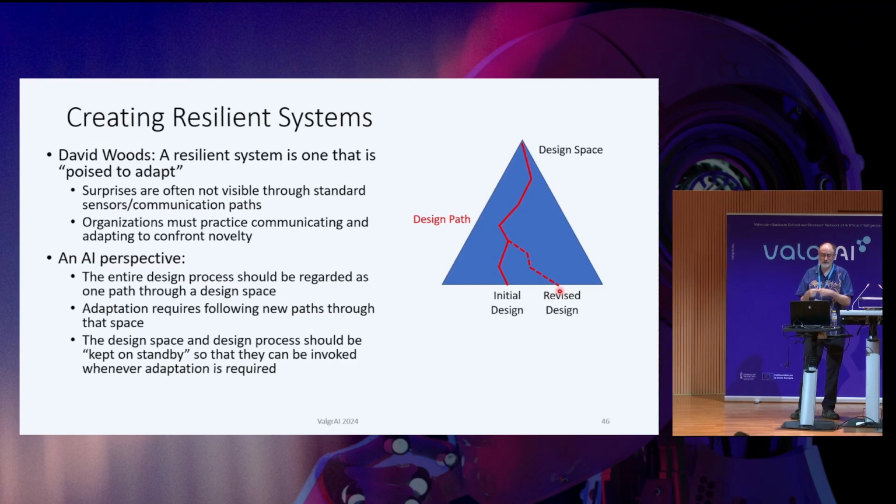And so again, this is consistent with a lot of the things design people like to say, you know, we should be understanding the rationale for the current design and documenting the entire design process. But it also suggests that perhaps we could build AI tools to help with that. And I think we've seen, again, some of the company presentations today had some hints of this in the sense that companies have a lot of documentation for this. And so some of the tools that were being discussed would really help with this.